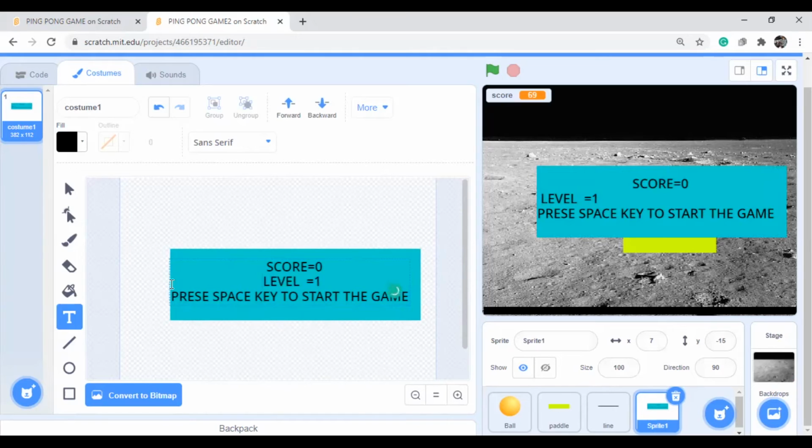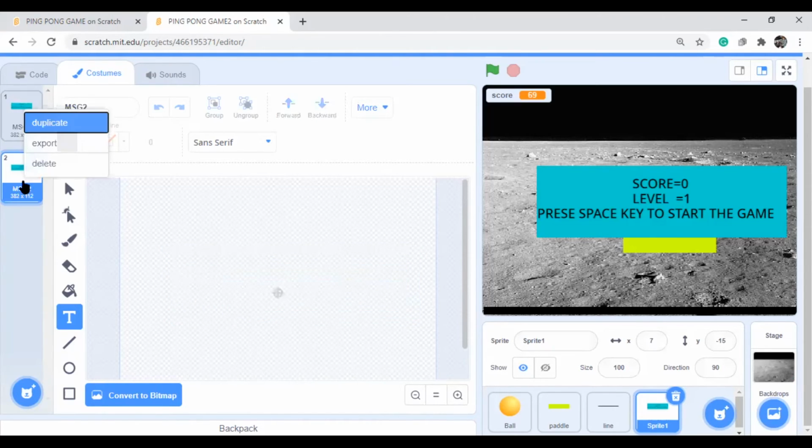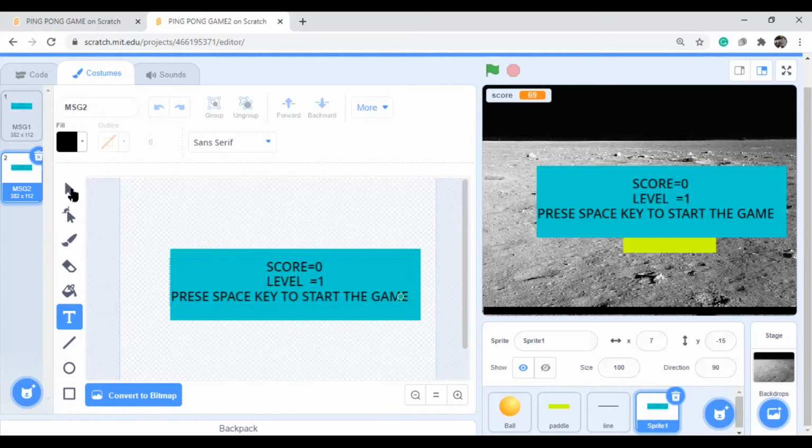So I can keep it like this. This is the image one we can keep, or else the message one. Okay, now I will duplicate this one, and I will go to here.